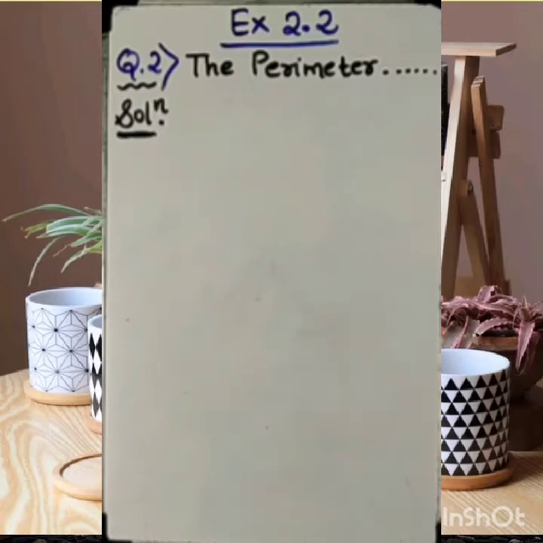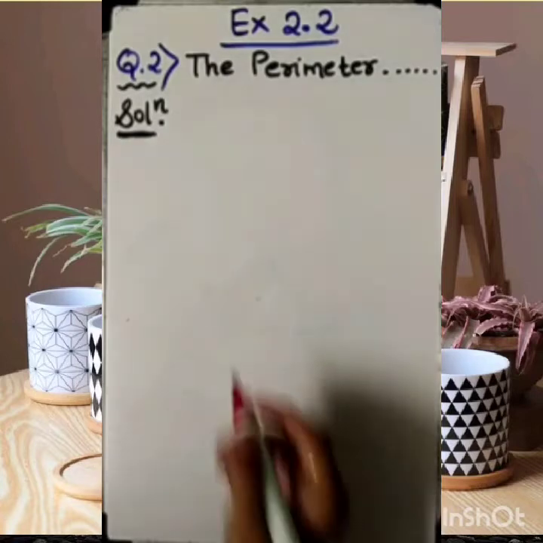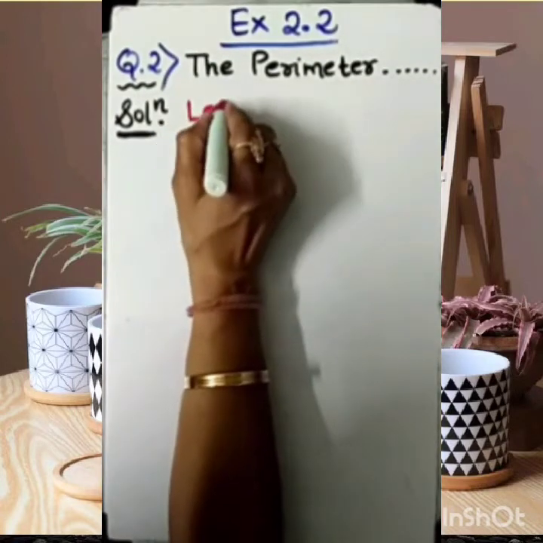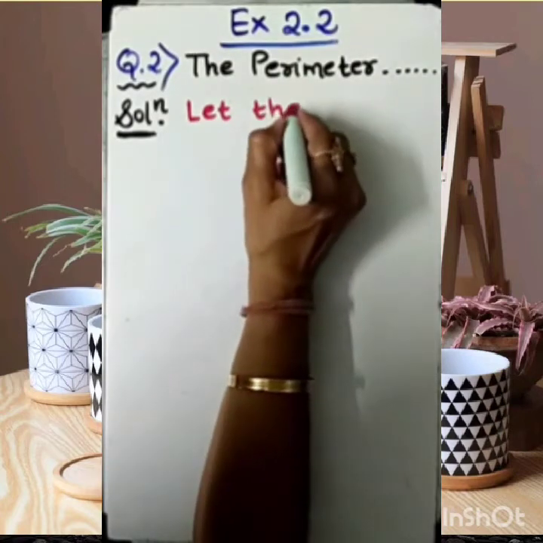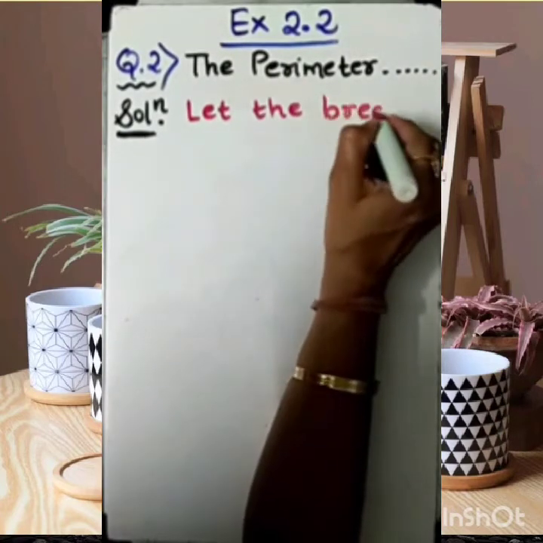So what to do with that? Of course, we need to assume something. So how to get the idea? The length is 2 meters more than twice its breadth. Okay, what are we given? The length is 2 meters more than twice its breadth. So we will assume for the breadth, right? So dear student, let the breadth of the